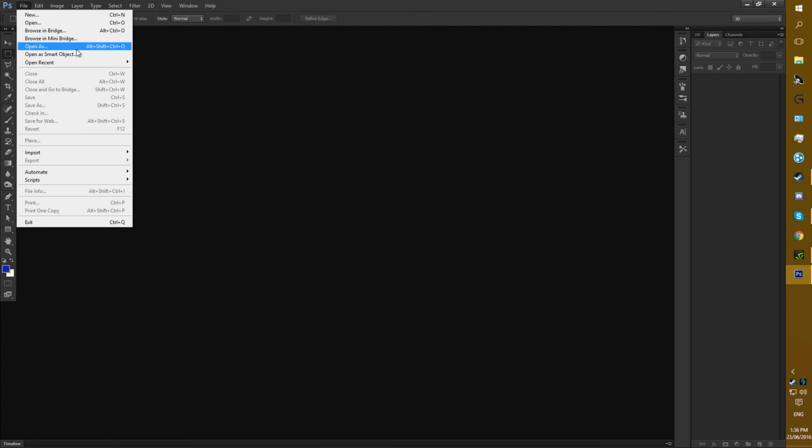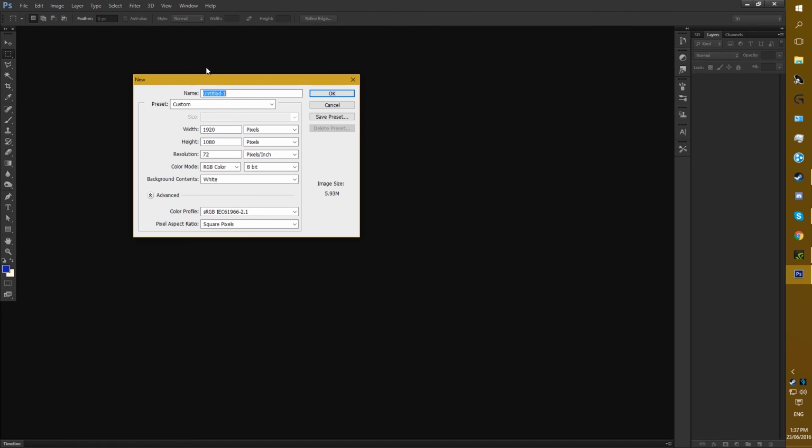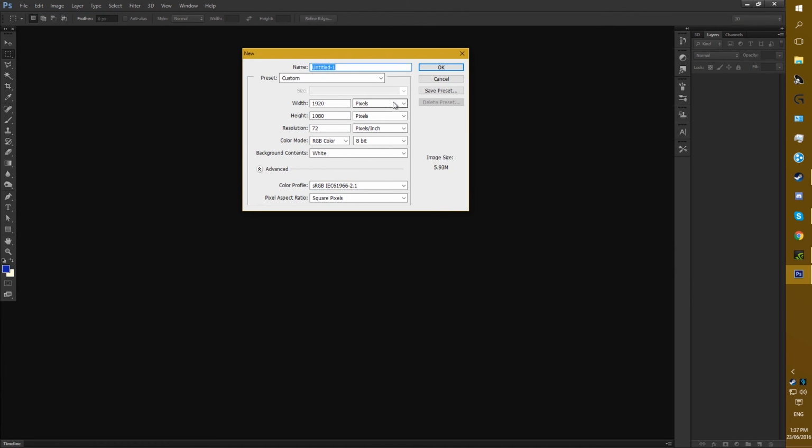And well, you create a new one. It's fine, you'll get your stuff back. This one wants to be called Untitled 1, that's very important. Width 1920 pixels, height 1080 pixels. The resolution though, here's the important part, it needs to be